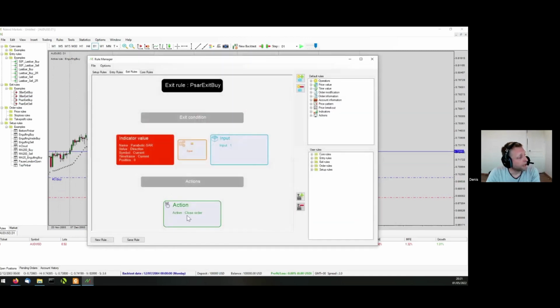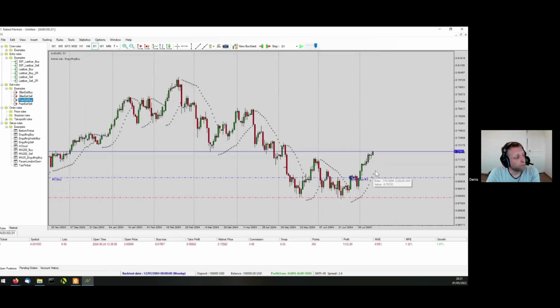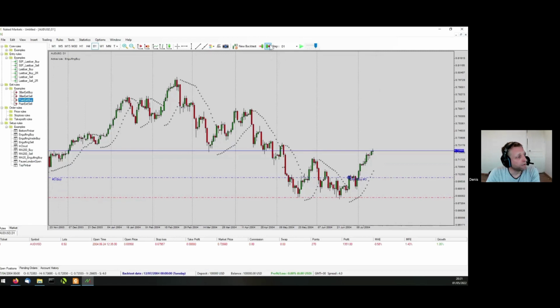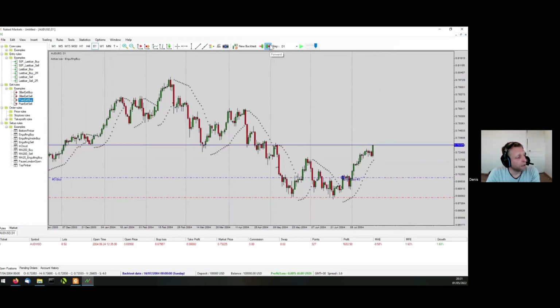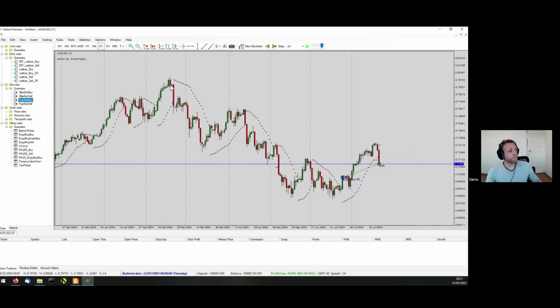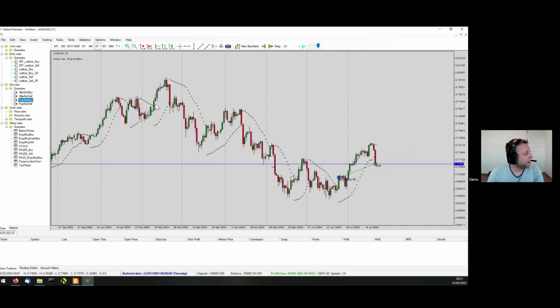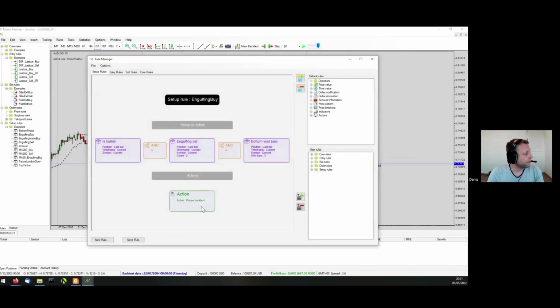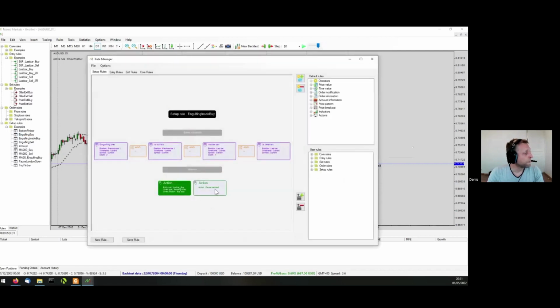I forgot to mention the action is to close the order when there will be a modification, a change in the PSAR direction. We can see it's closed automatically because here the direction of the PSAR has changed. So this is a quick example, just to show you how it's possible to customize the rules, but there are so many possibilities. The setup rules are defined by pausing the backtest, but it's possible